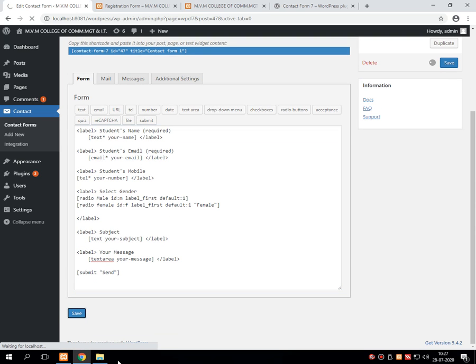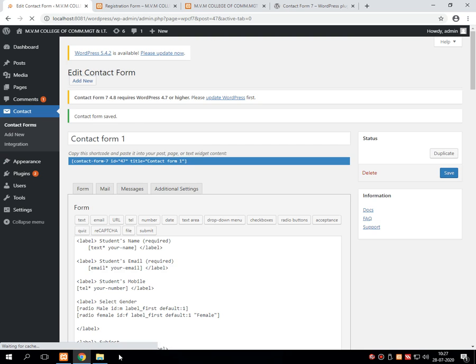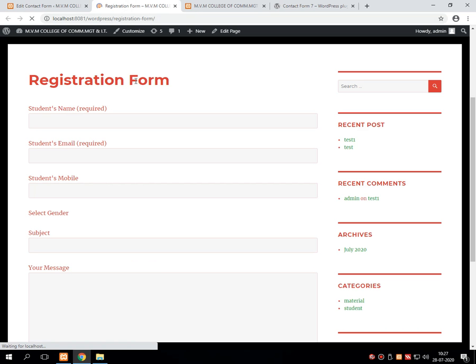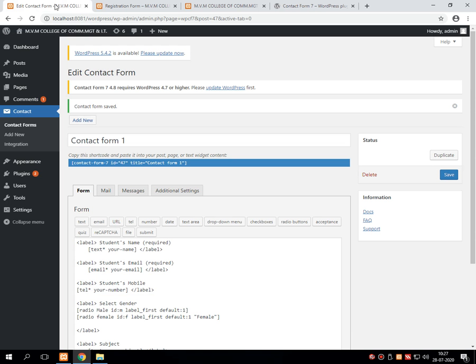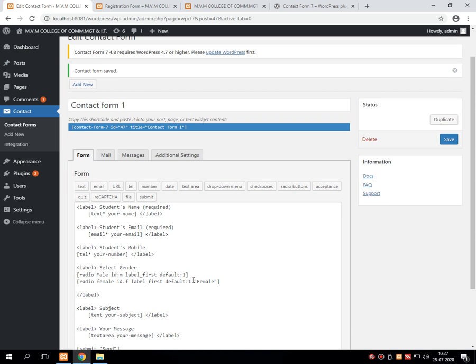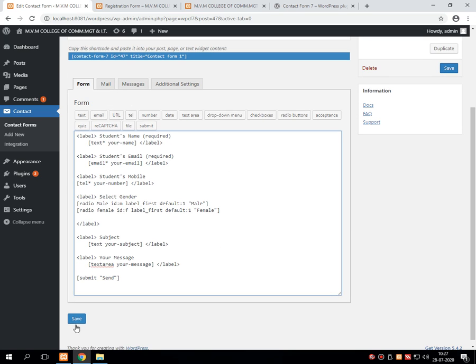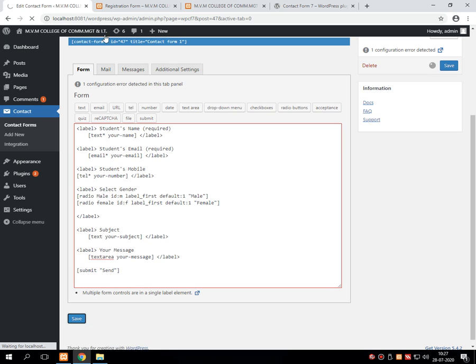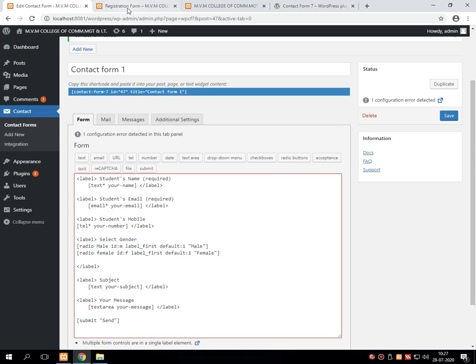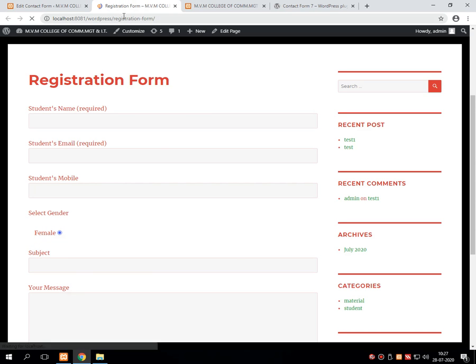I am saving this content. It displays an error, which means we need to give an option over here also. So in double inverted commas male, and I am saving this content. It gives two checkboxes over here, one for male, another for female, but both are checked.